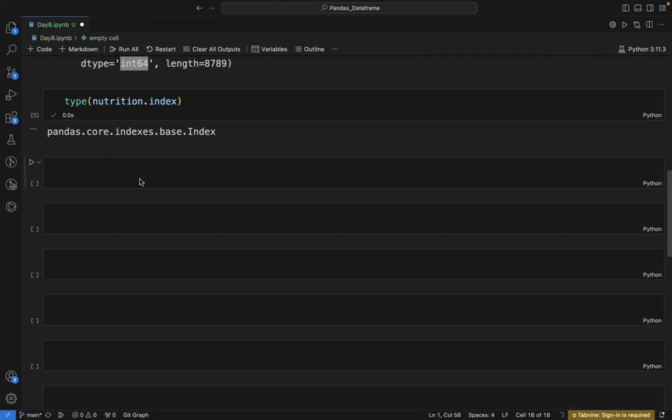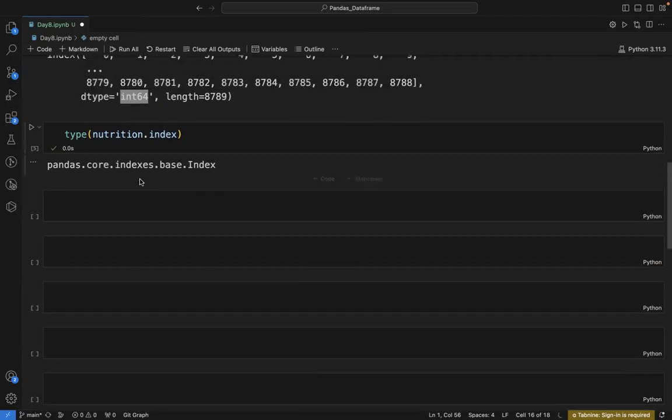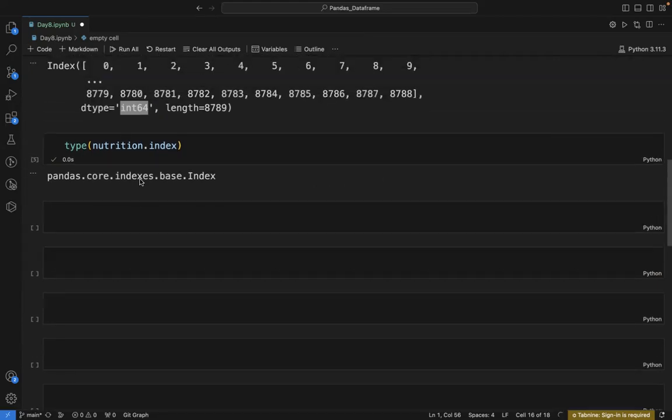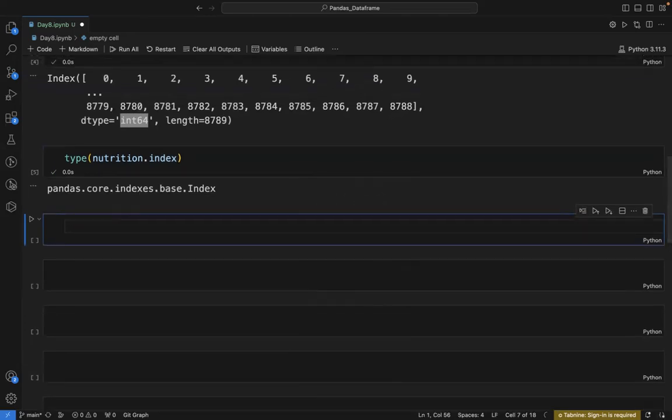In fact, the range index we have seen previously is simply a special case of the Int64Index. It is a more optimized version of Int64Index that allows us to define the entire sequence using a start, stop, and a step size. In other words, the range index is reserved for equally spaced